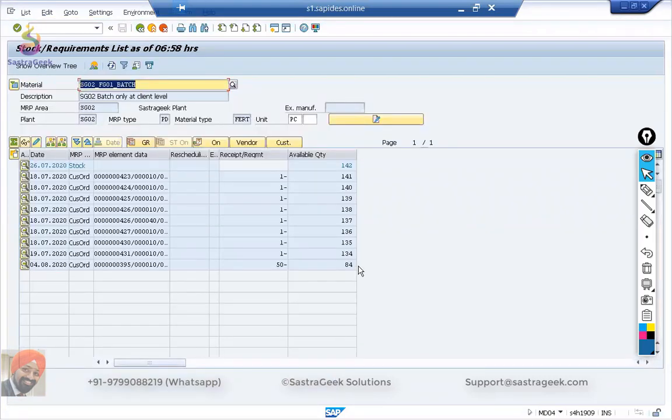Here we have this stock of 142, and there are multiple customer orders. Our available quantity is 84. Now I will be adding some PIRs to it, plant independent requirements,